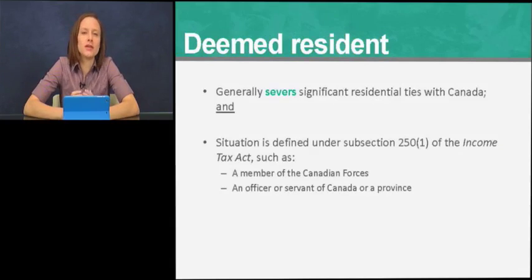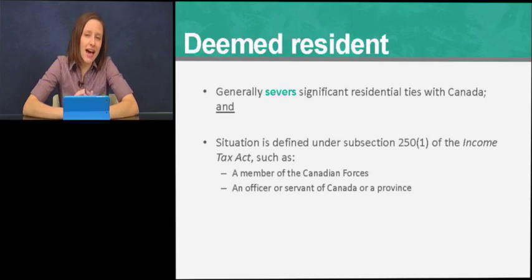Where an individual is deemed not to be factually resident in Canada, that individual may still be deemed to be resident in Canada for tax purposes, by virtue of subsection 250(1) of the Income Tax Act. If you are deemed resident of Canada for tax purposes, if you lived outside of Canada during the year, you did not have